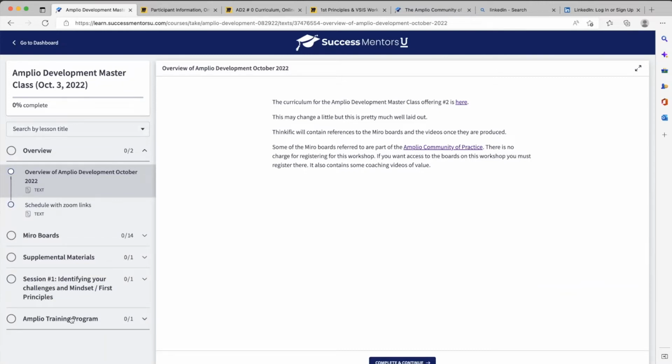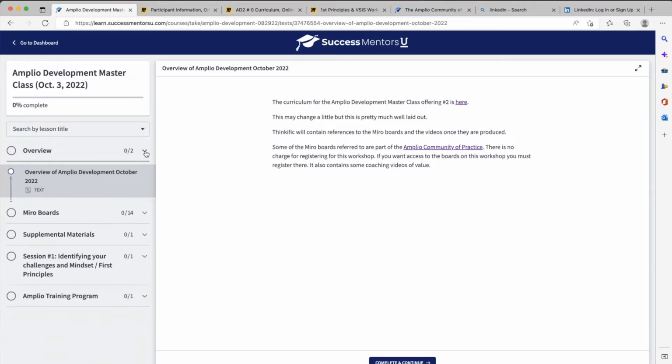And then there is an Amplio training program. If some of you who took the first one, and I'm actually opening this up to anybody, even if you're in this first class, because a lot of people are fairly experienced, but I am setting up a train the trainer program for people to train. We do sessions on this on Tuesday. So if you're interested in this, let me know. I'm not going to talk about it here, but it's something available.